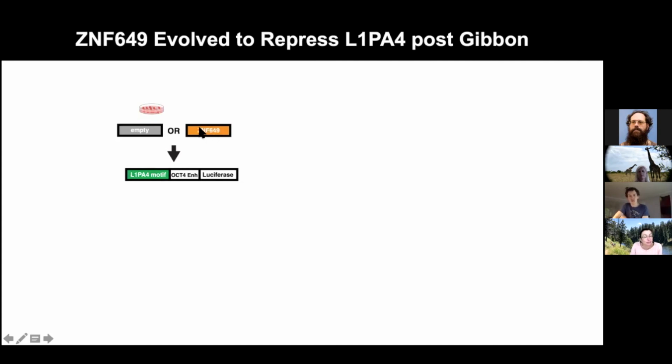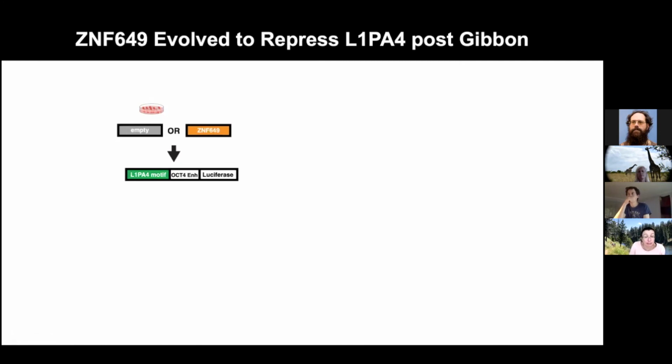In this case, we don't do this in human cells. We do it in mouse embryonic stem cells, which contain CAP1 and the other repressive machinery, but don't contain any primate-specific zinc fingers. So we can test the ability of ZNF649 to affect the expression of luciferase,